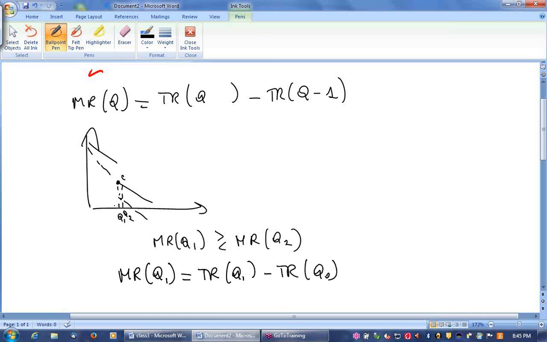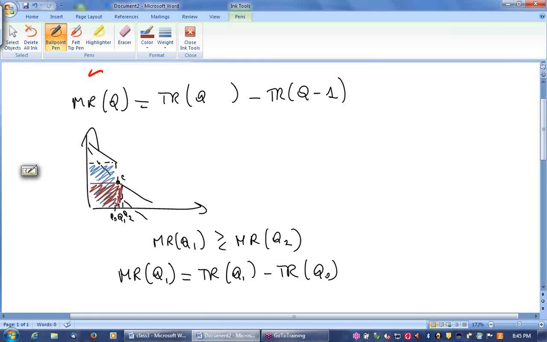On the graph, the total revenue from selling Q0 is given by this area, and the total revenue from selling Q1 is given by this area,